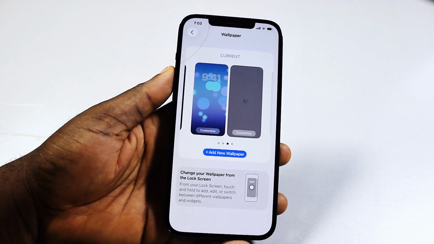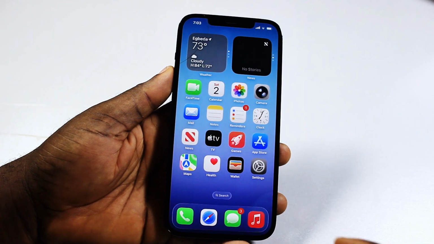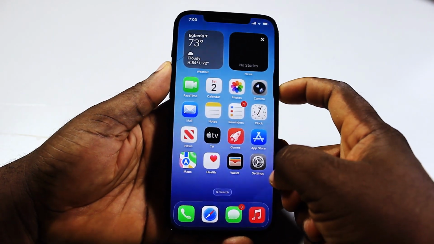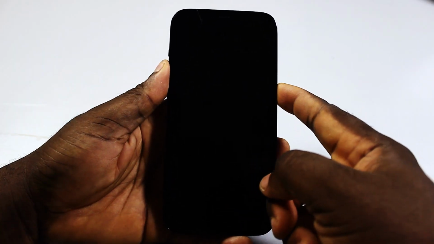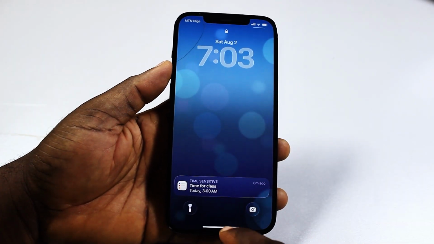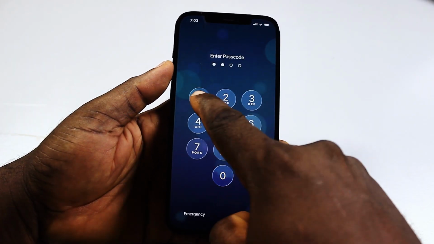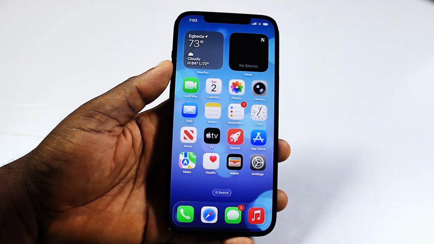and then hang on. Then you should see the changing wallpaper changed on your iPhone and then you are good. So that is exactly how you can easily turn off changing lock screen